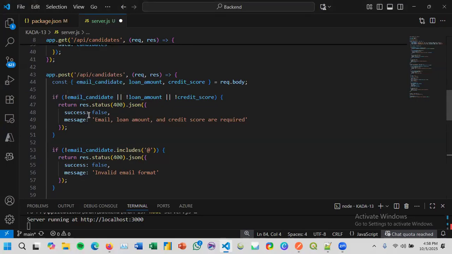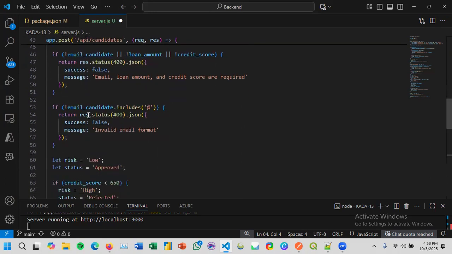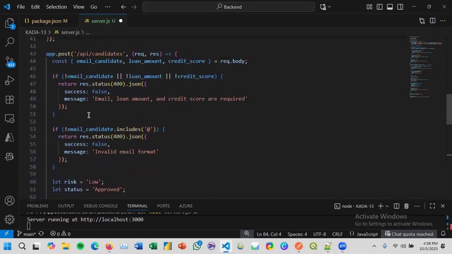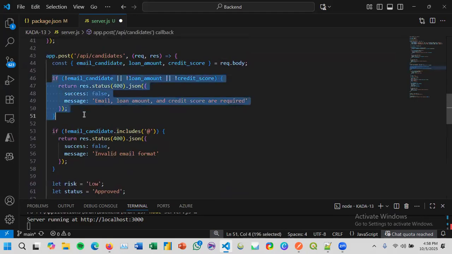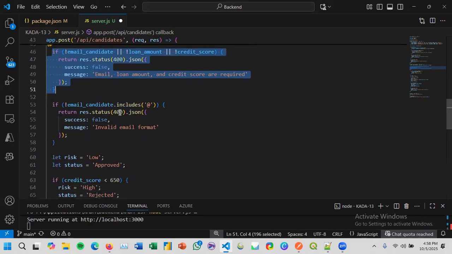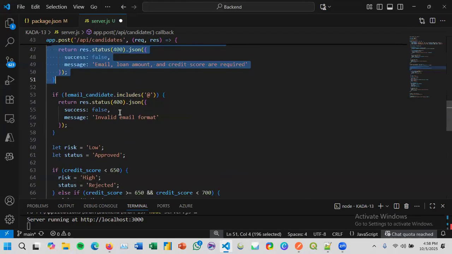It has three conditionals. The first conditional will be checking if email, loan amount, and credit score are filled. If any is empty, it will return a 400 error, which is bad request.